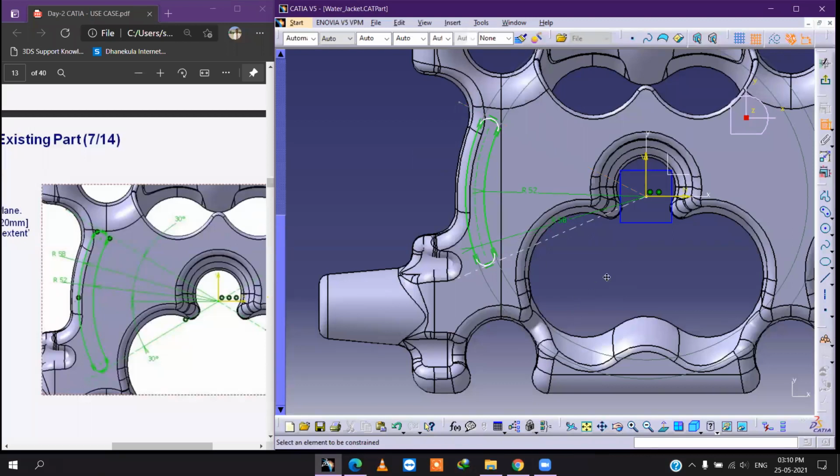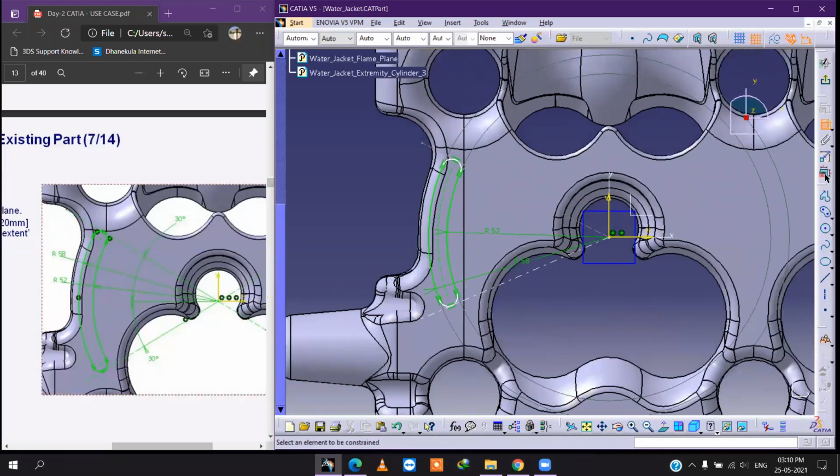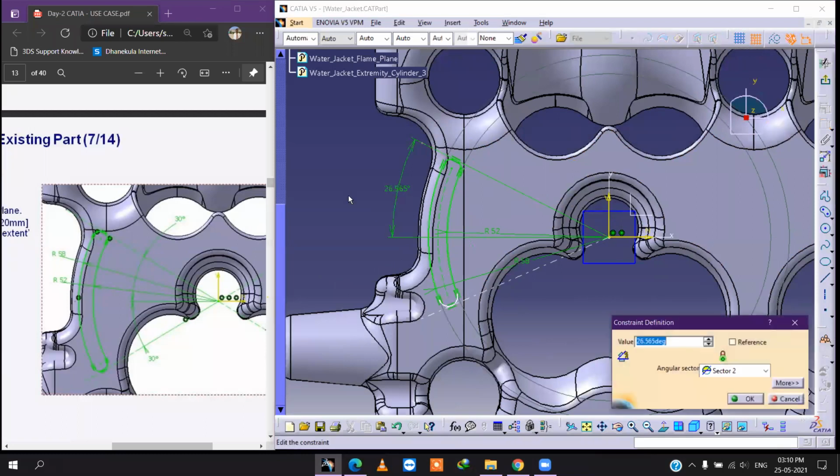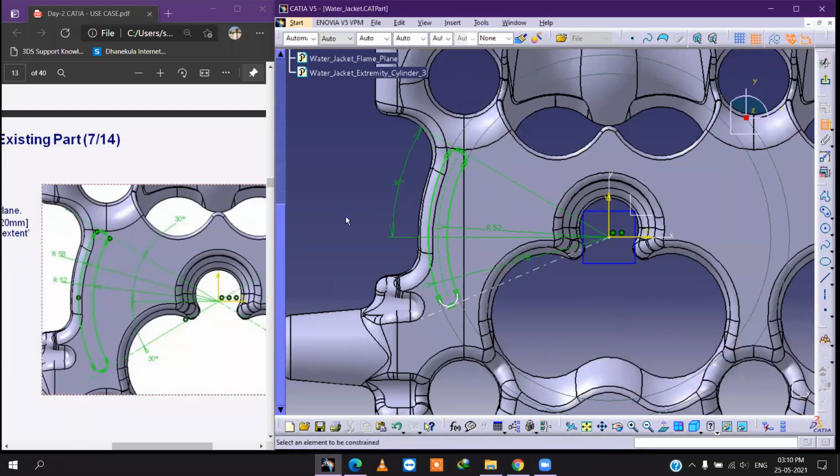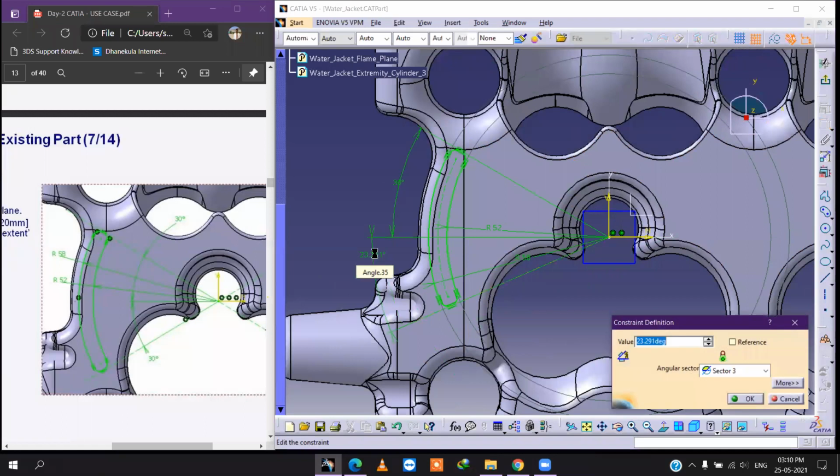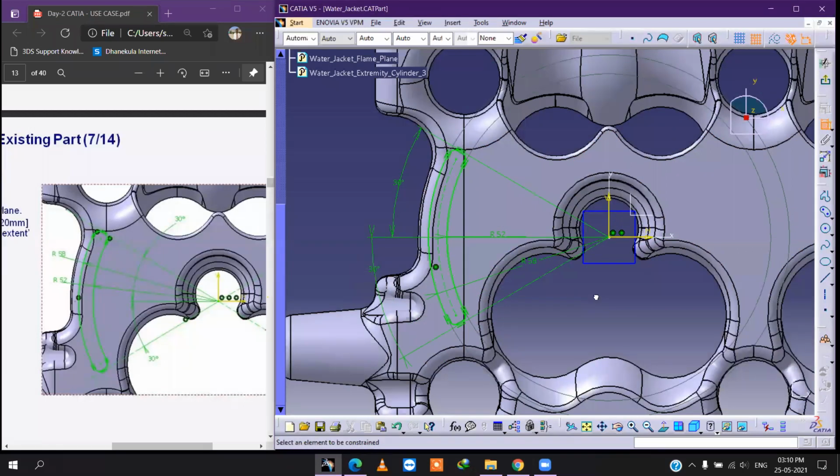Now we have to give the angle 30 degrees, this one to this x-axis. Okay.